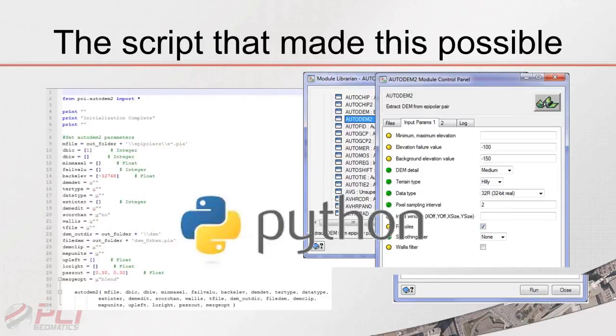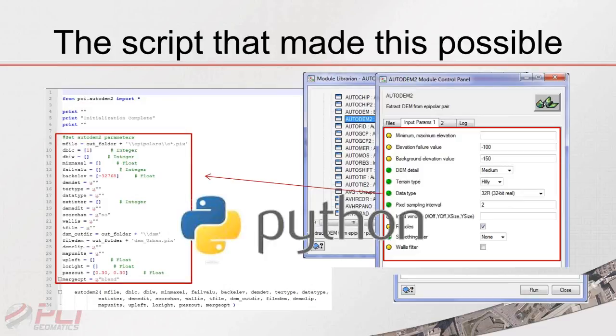The script that made this possible is what you see here on the screen, and just to give you a little bit of a feel in terms of how scripts look and how they relate to our core technology. These panels that you're seeing on the right are the PCI algorithms that are available, these 550 PCI algorithms, and in this case what we're showing is the automatic digital elevation model extraction algorithm, which works with epipolar pairs. And what you're seeing is the GUI that's used inside of our desktop application versus the actual script, how it looks, the different parameters that are populated,